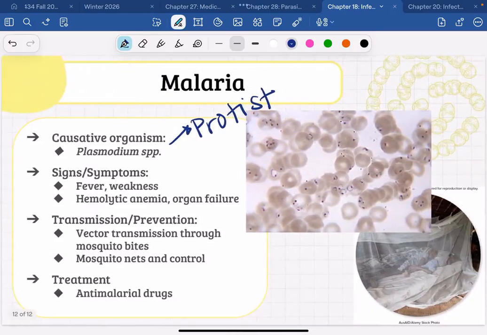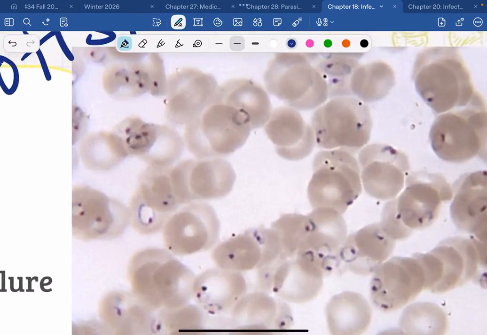So the way that malaria works, and you can kind of see it on this picture here, all of these little red circles are red blood cells. So this is a picture of somebody's blood that has been put on a slide and stained with different colors. And a normal red blood cell looks like these guys over here. This is a normal one. Okay, they're like this reddish kind of pink, dusty rose color, right? All of these little ring-looking things, all of these purple rings are malaria. So that is the malaria. It's the protist, and it grows inside of human red blood cells.